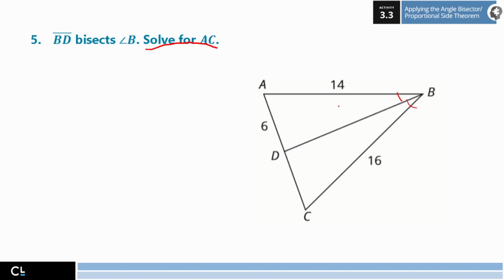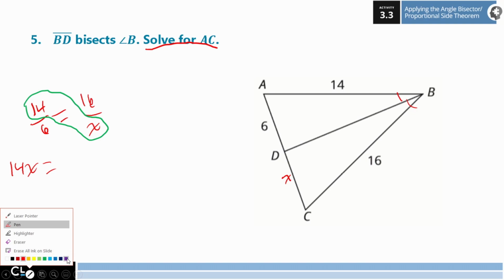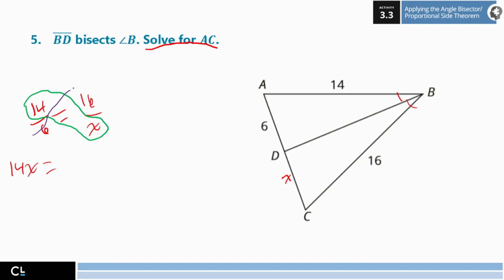So once again, set up our ratios. Now, triangles are now top and bottom, so we're going to do top triangle over first. 14 over 6 equals 16 over, once again, we're going to call it x. And now this should be almost like second nature at this point. Then we cross multiply, and we get 14x equals, once again, cross multiply, 6 times 16, and we get,